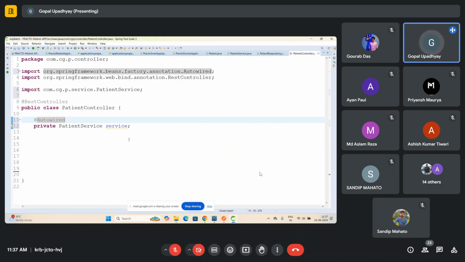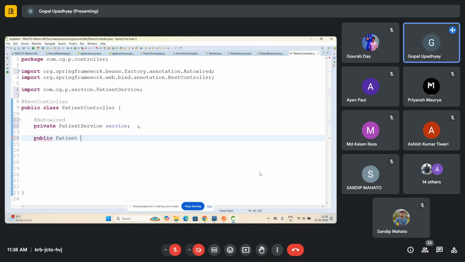And here I'll define one public method, registerPatient, taking a Patient. I'll register the patient, and for that